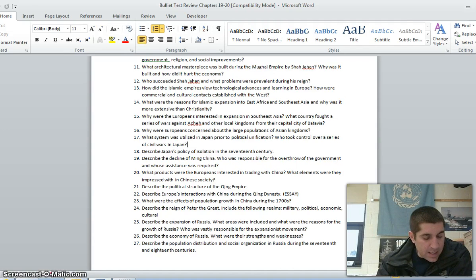26, describe the economy of Russia. They didn't have great technology, but they had cheap labor and markets, as well as available land. So they're going to be able to develop some sort of economy. Make sure you also know about serfdom. Look back through your notes about that. 27, describe the population distribution and social organization in Russia during the 17th and 18th centuries. Population increase was steady, and they had serfdom that lasted until